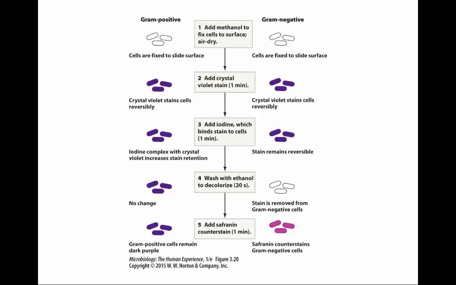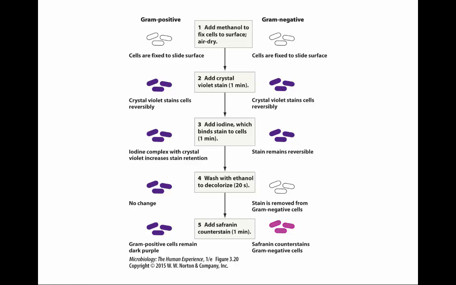Now, I said at the beginning that this is a really important stain in microbiology, and that's because the way that the stain complexes within the cell tells us something about the cell wall. So the cell wall in a gram-positive organism is made of proteins and sugars that are put together in a way that traps the iodine crystal violet complex. In gram-negative cells, the cell wall structure is made of mostly lipids, and so it's not trapped in this complex,